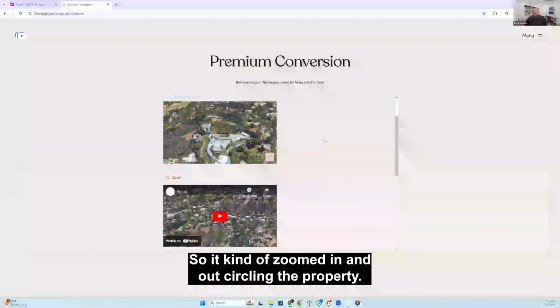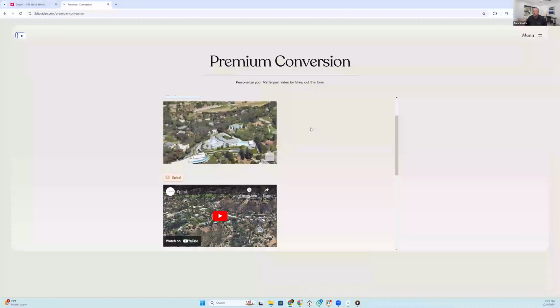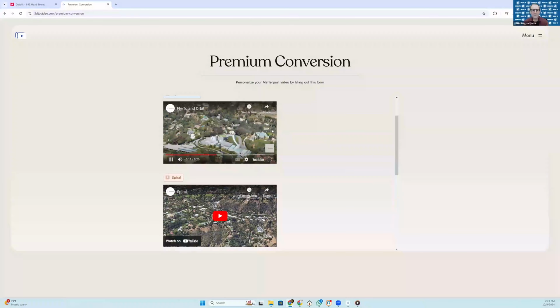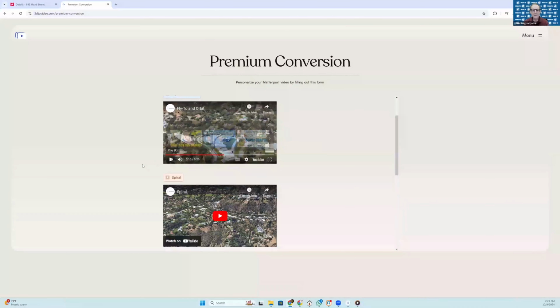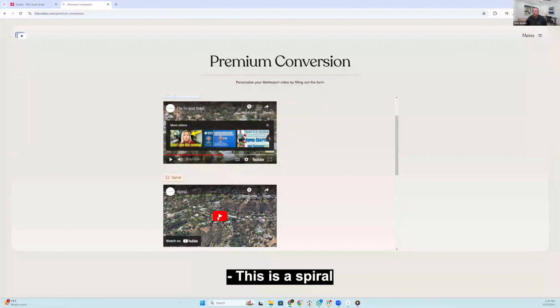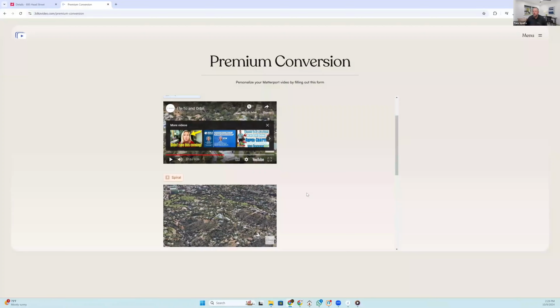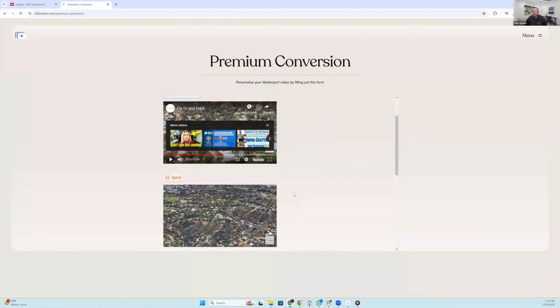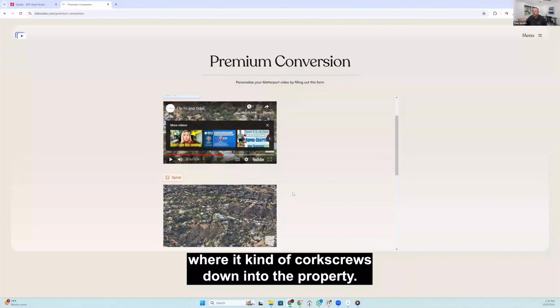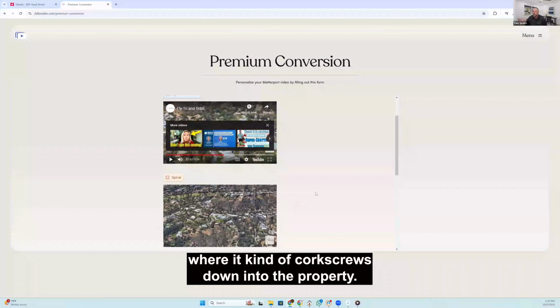So it kind of zoomed in and out, circling the property. Okay. This is a spiral, where it kind of corkscrews down into the property.